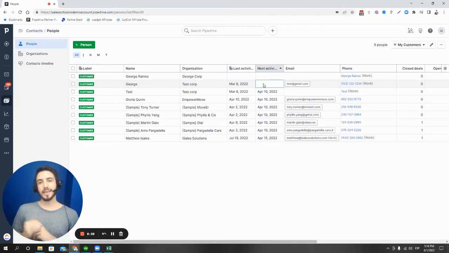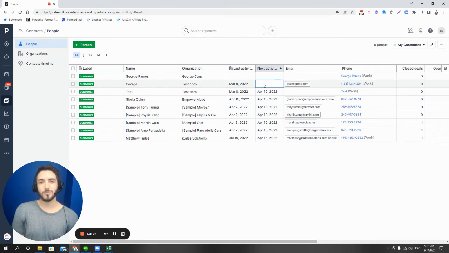You can say once a new person or organization has been labeled as a customer, schedule a follow-up with them on a quarterly basis, on a monthly basis, whatever it is, you can schedule that as an automated activity, and you can make it repeating just using another workflow that says once the last activity is marked as complete, schedule the next one, right? So that's one way to do it, and this is honestly what I think is the